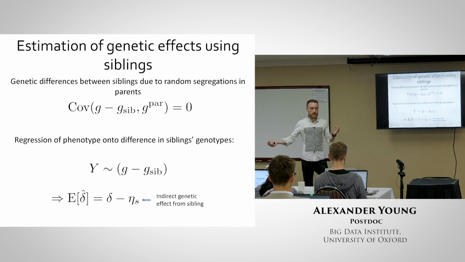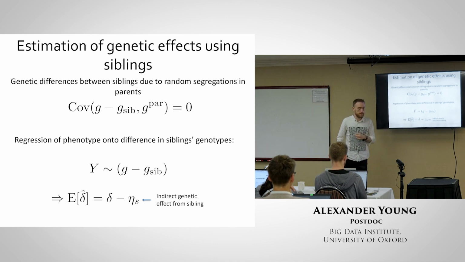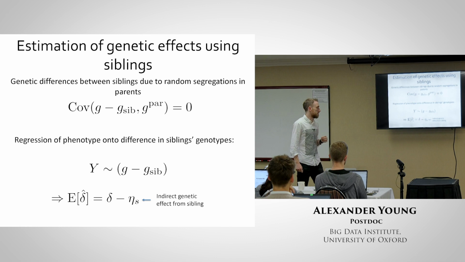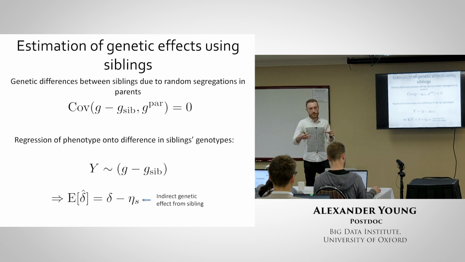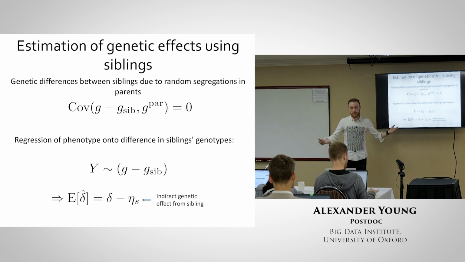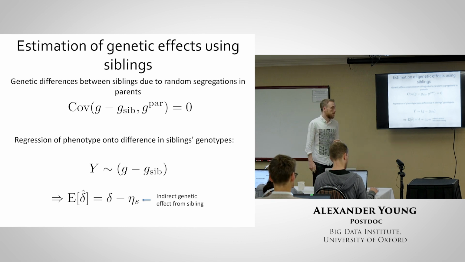affecting you through the environment, an indirect genetic effect from the sibling, then there is going to be some bias that comes from that indirect effect from the sibling. So the sibling method doesn't give us unbiased estimates under general conditions. It's a method that uses parental genotypes, but it does pretty well. It removes classical forms of population stratification and indirect genetic effects from parents, but it doesn't remove indirect genetic effects from siblings, and it can actually lead to a biased estimate. So if you do the sibling method to try and estimate the direct causal effect, and you do the parental method to estimate the direct causal effect, and there are differences between the two, that could be evidence for indirect genetic effects between siblings.